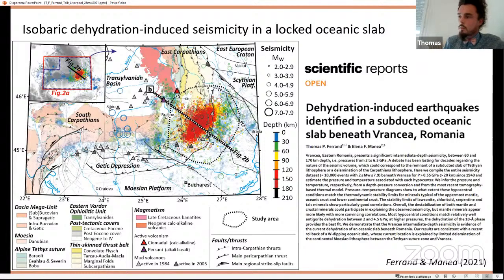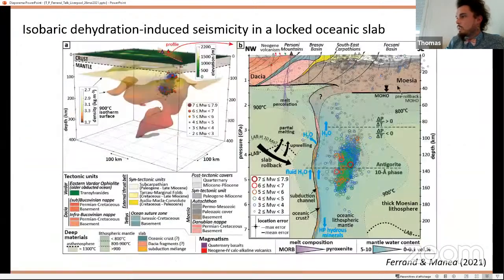And recently, with Elena Manea, we did a work on subduction that I didn't know about. There is a locked subducted ocean beneath Vrancia in Romania, and so we decided to study the intermediate depth earthquakes that occur there, and to check if we see anything interesting in terms of pressure and temperature conditions. And so what we saw,